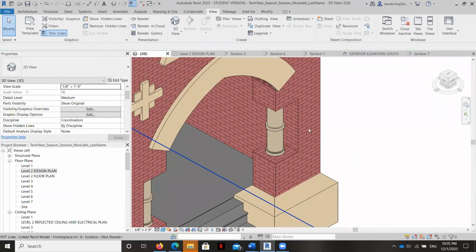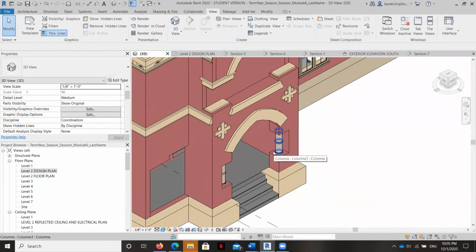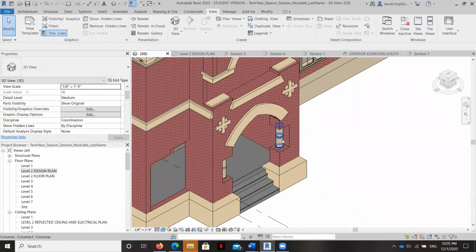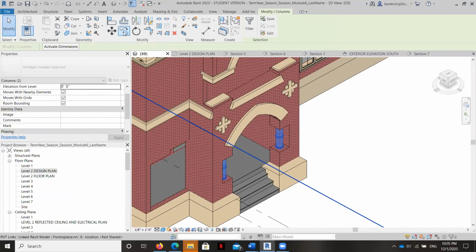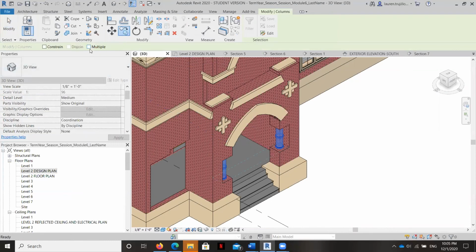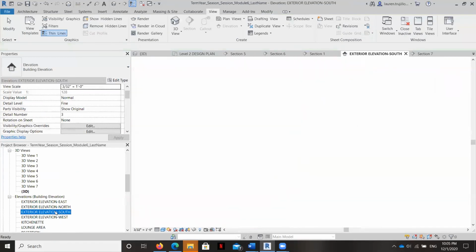Okay, good. Still looks good. Now I'm going to grab these two and copy them, and I'm going to see if I can do it in the elevation view.